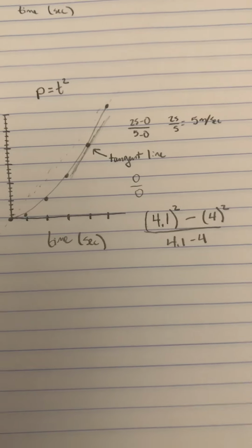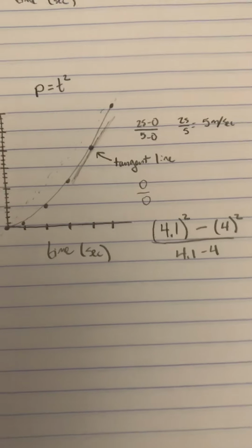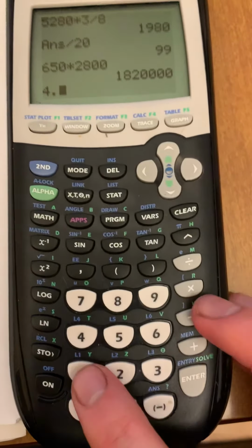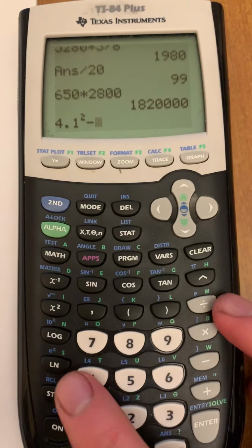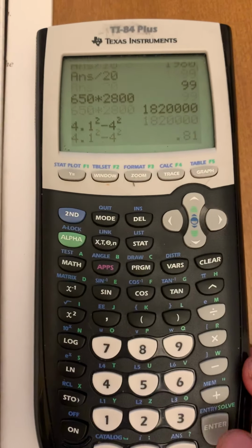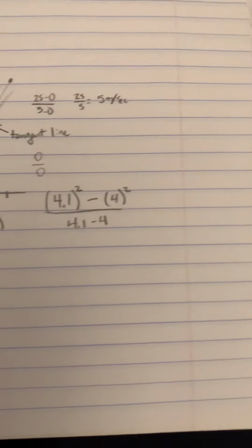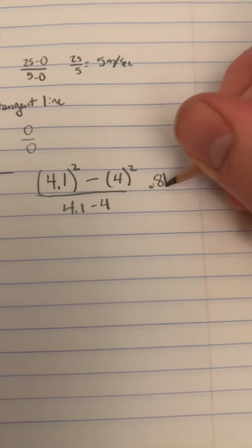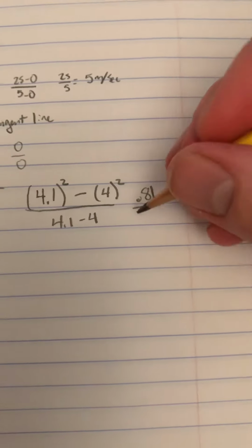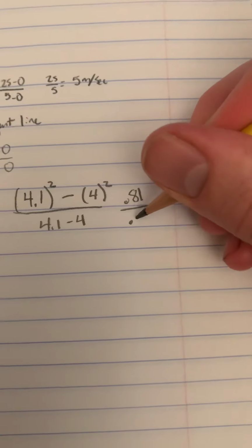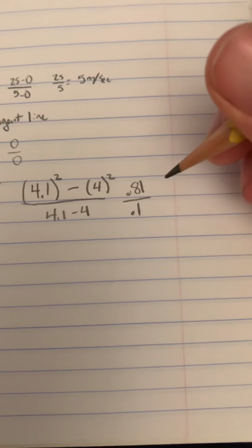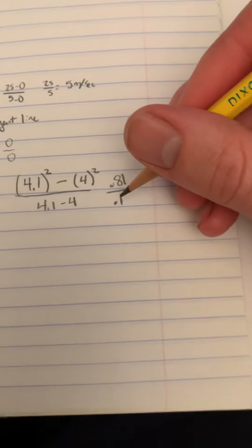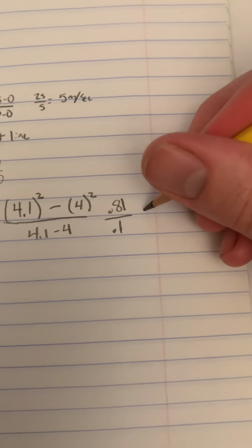So if I were to take 4.1 squared minus 4 squared, I would get 0.81. That is my change in y. And 4.1 minus 4 is obviously going to be 0.1. If I take 0.81 divided by 0.1, that's the same as really multiplying by 10, I would get